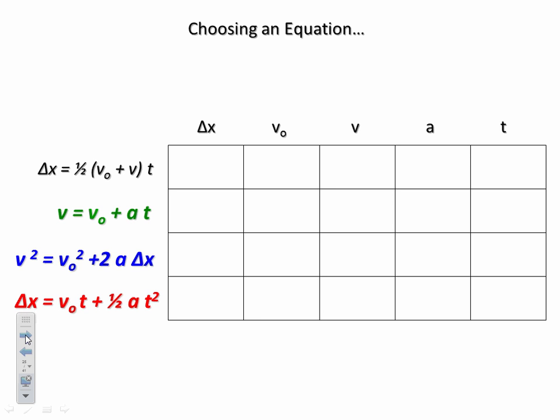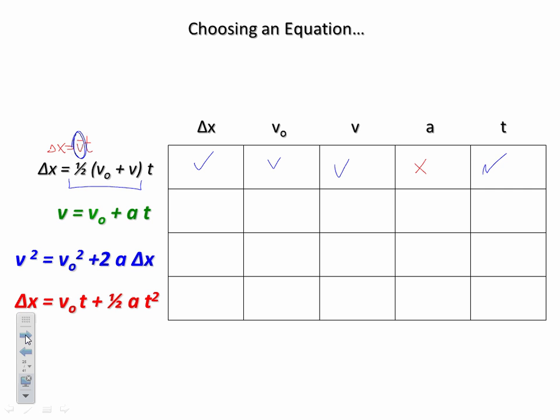So really there are 4 equations. And this one here is really just delta x is v average t. Don't give up on that one. Boy, is it useful and simple. I would try, almost any time you can, to use that, as long as you use it carefully. And by use it carefully, I mean you better darn well consider what that actually means. But let's look. What does this equation have? It's got a delta x, a v naught, a v final. It doesn't have anything about acceleration, but it does have a t in it.